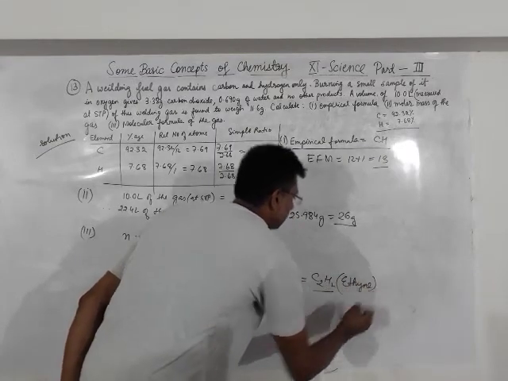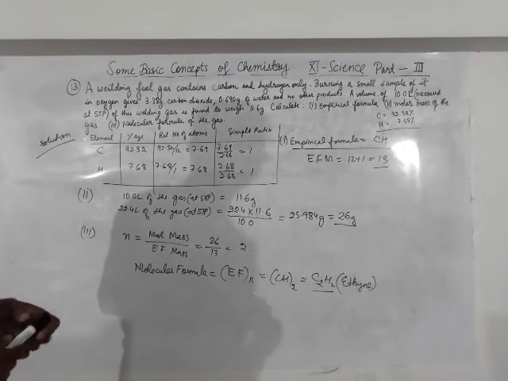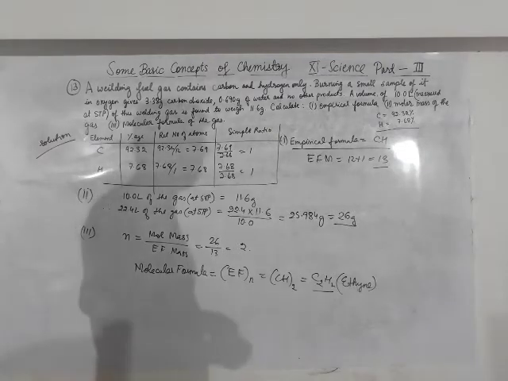You must have learned about ethyne in class 10. Ethyne is also called acetylene. The molecular formula is C2H2. So this is how we have to solve this problem, problem number 30. Now go through the working carefully. Now I will do the next question, that is question number 14.